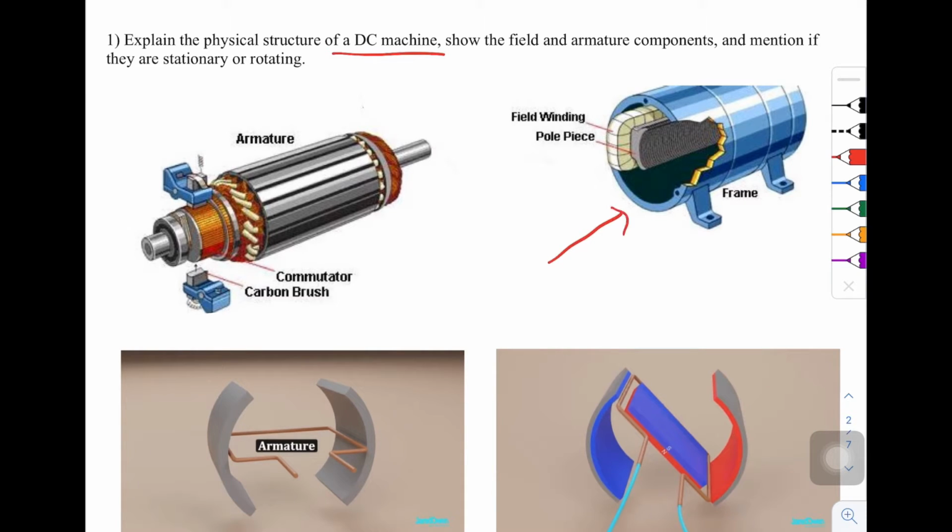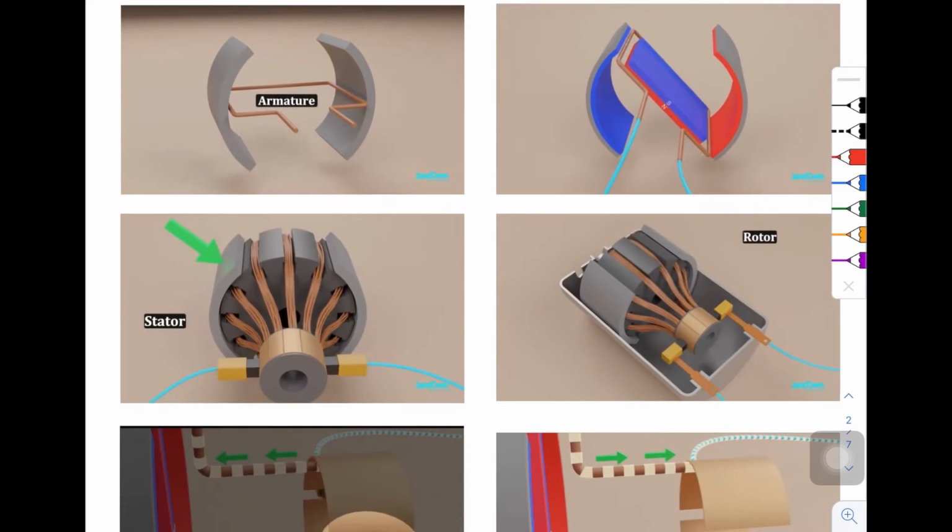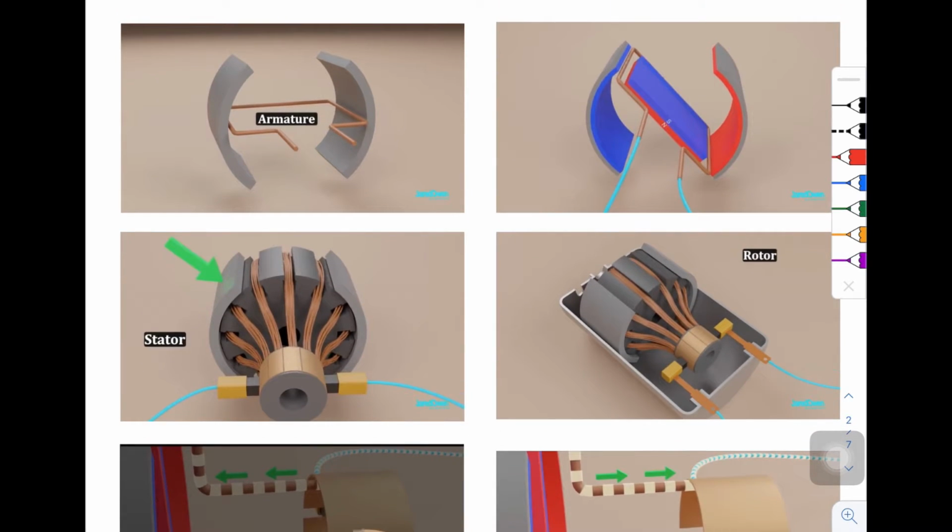Here we can see the housing of a DC machine. It is of course stationary. We can see the field winding and pole piece of the DC machine, and we can see the armature of the DC machine. I would firstly talk about